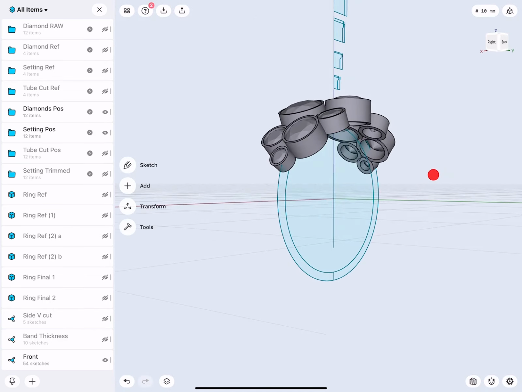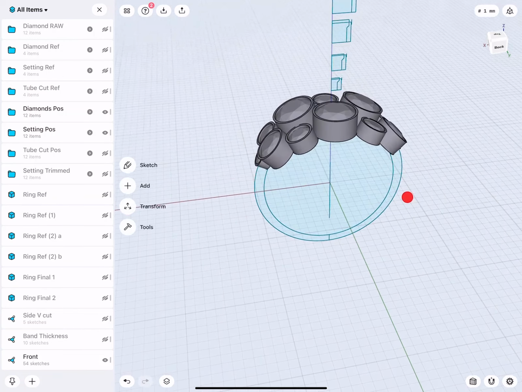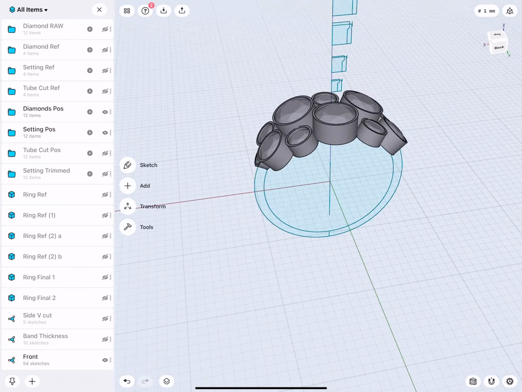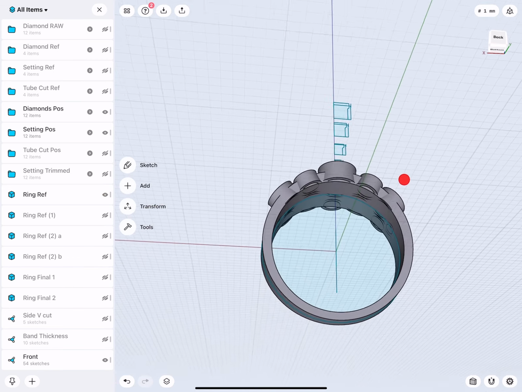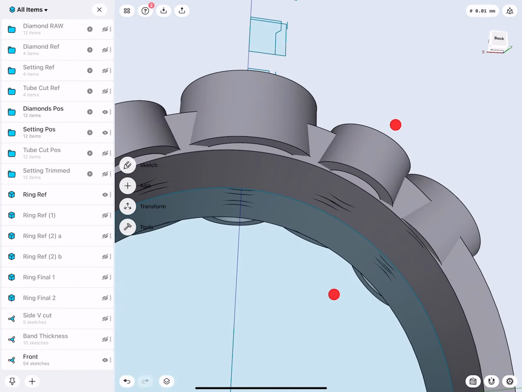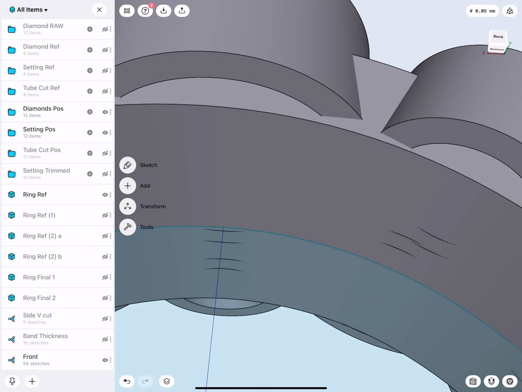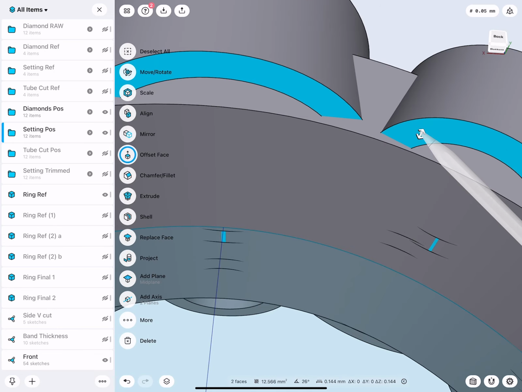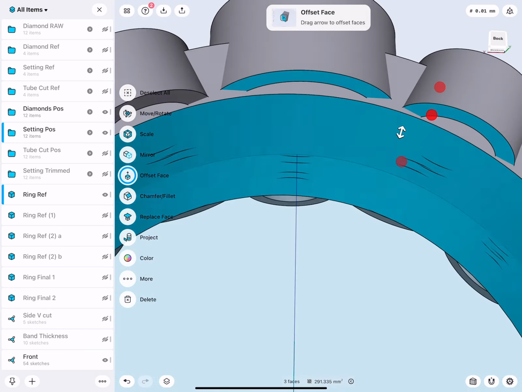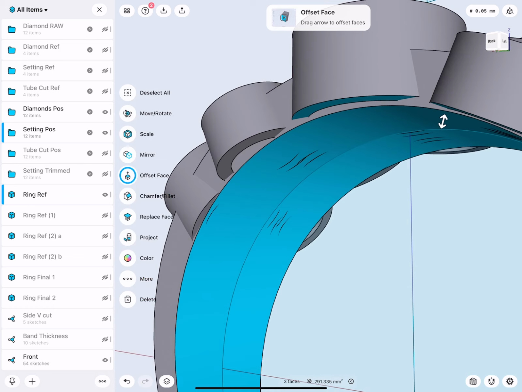Very good. When we turn on the ring band and we zoom in, there we see some problems. So for example, this face, this face, this face, they're not flush.